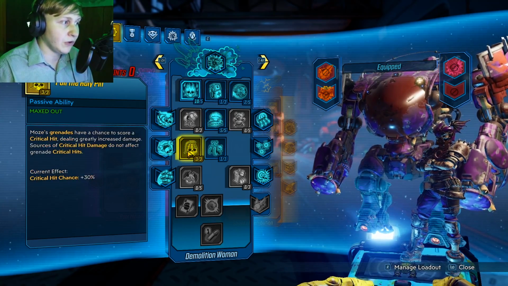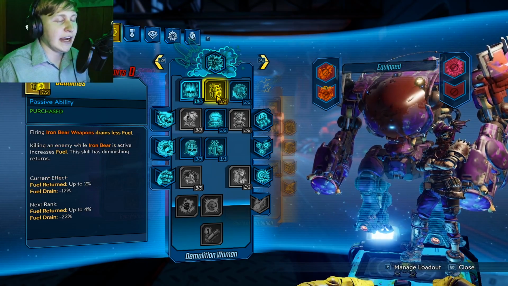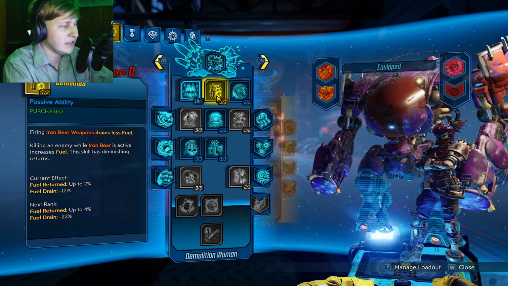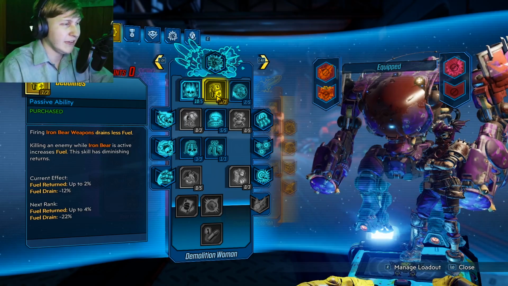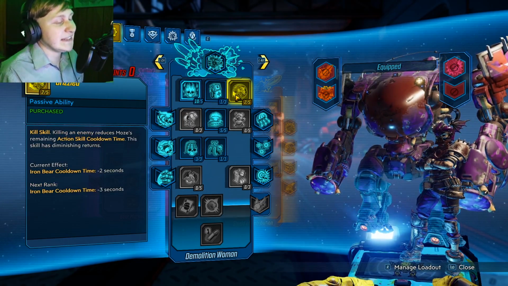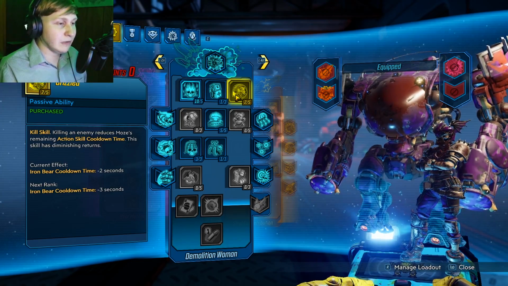As I said before, Pull to Holy Pin's nice. And then we want to have Iron Cub out there as much as possible. Deadline allows us to get some nice fuel economy. It'll return some of our fuel every single time we kill an enemy, which happens very often, as you guys know. And then Grizzled allows us to get Iron Cub back as soon as possible,